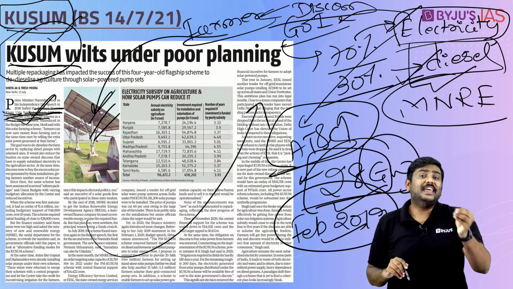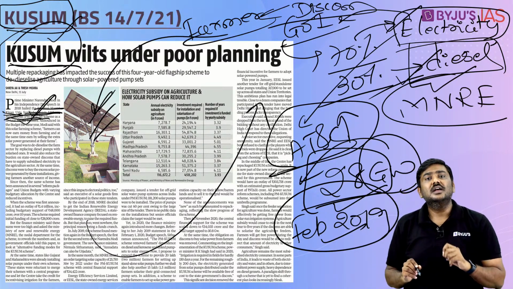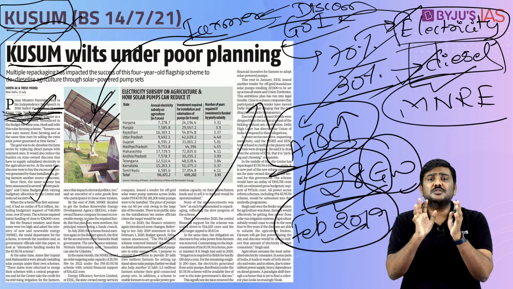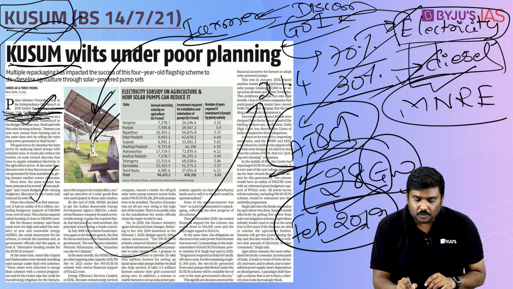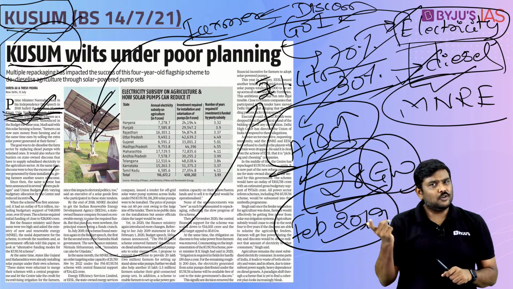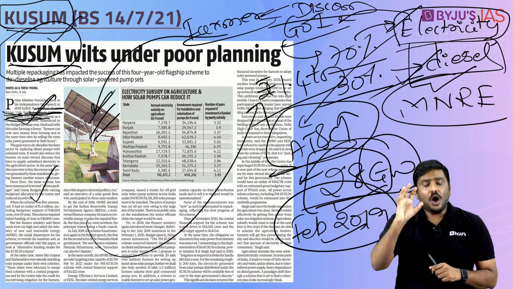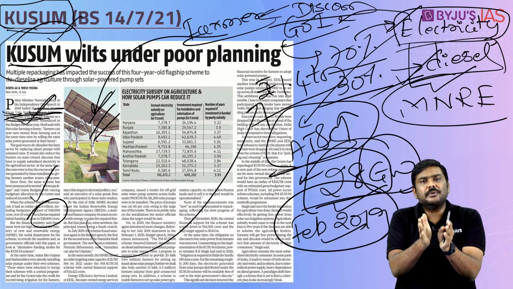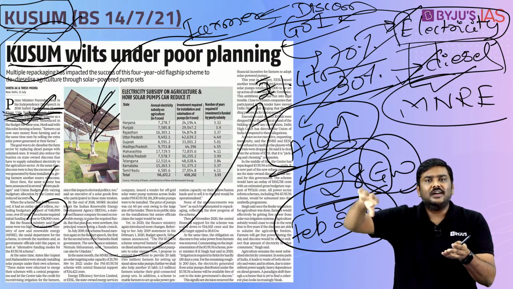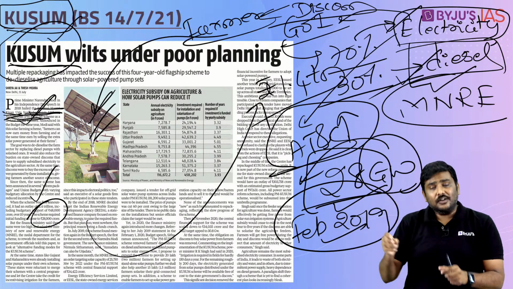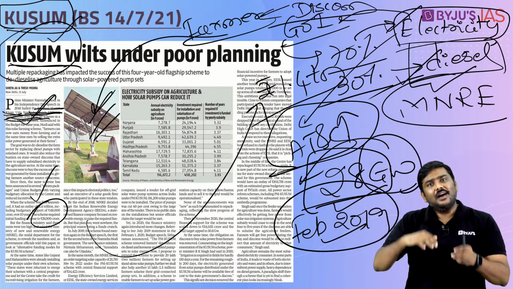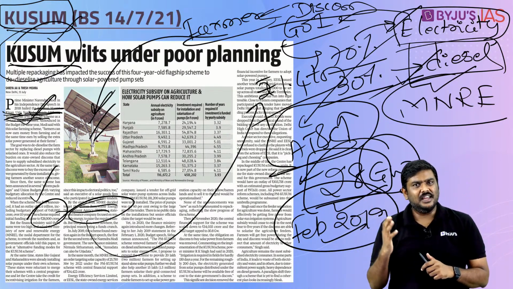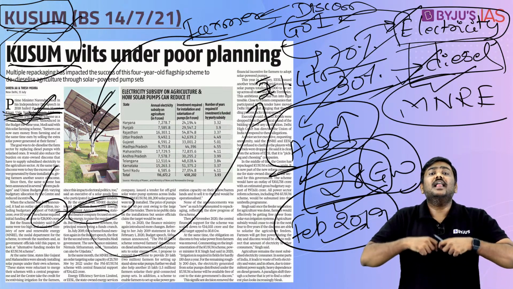Now I am saying a lot of agencies were involved to raise money for a simple reason. The total amount of the allocation, or basically announcement for this scheme, was 1.4 trillion rupees. Is it okay? 1.4 trillion rupees or 1.4 lakh crore rupees. Out of this, Government of India basically said, I will give from my pocket only 48,000 crore rupees. Rest of it has to be raised from some other source. And for raising this money, MNRE earlier used IREDA, that is Indian Renewable Energy Development Agency, tried to hook it up and help in raising the funds.